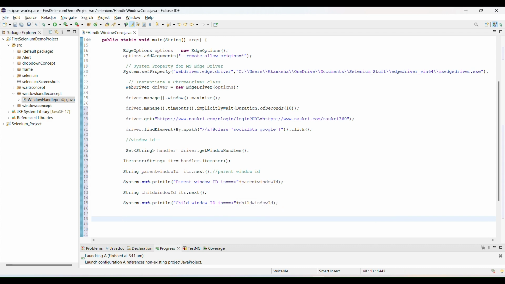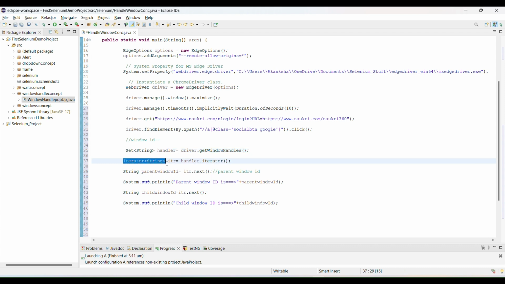So what do we need to do now? First of all, I clicked on the popup, then used the getWindowHandles method to get the set of string values. So this will store a set of values, and to access a set of values we use an iterator, right?